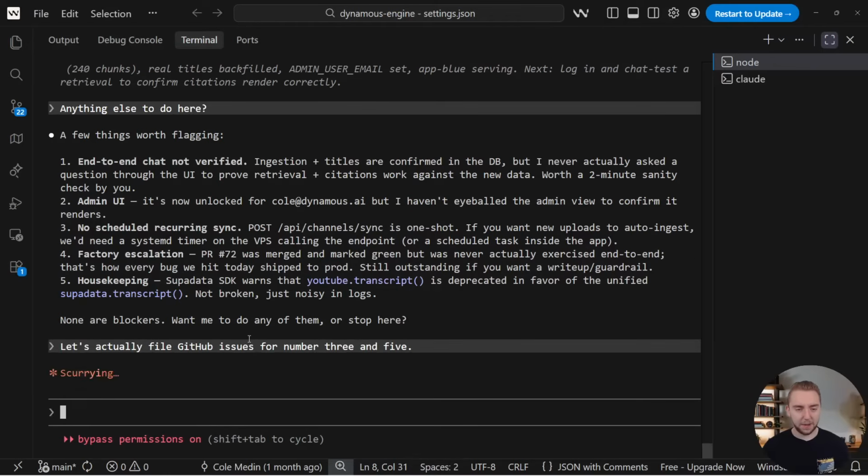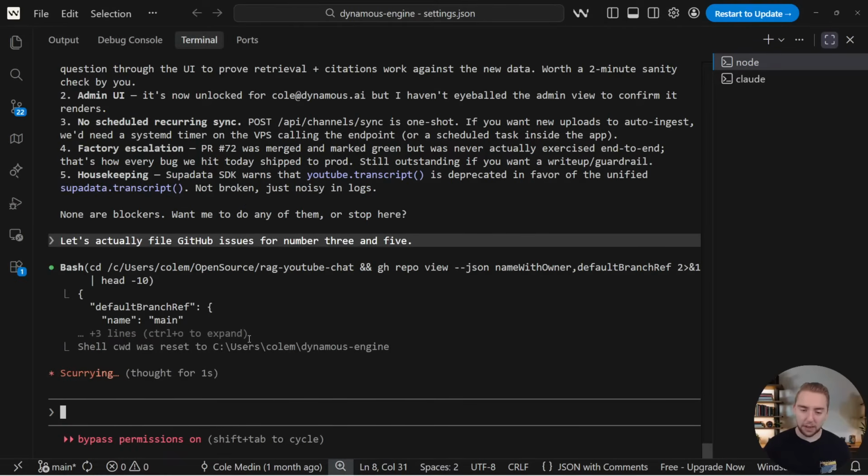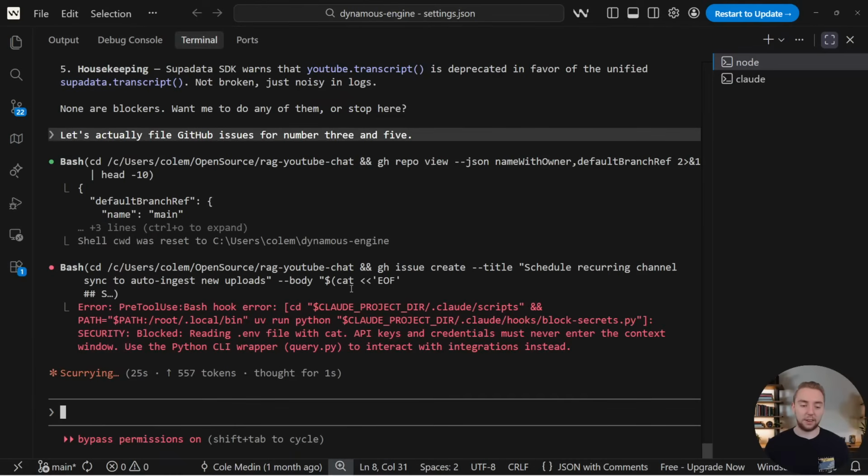So we're gonna keep adding more. I mean, this is the goal of the factory: every single little thing that I find, just make it an issue. Make it an issue over and over again. And then slowly over time, it's going to address even all the little things that I find. And hopefully this application just gets perfect over time. I mean, the main risk that we have is just things break when it's in the middle of implementation. So there's a lot of regression testing that I'll have to do as well.